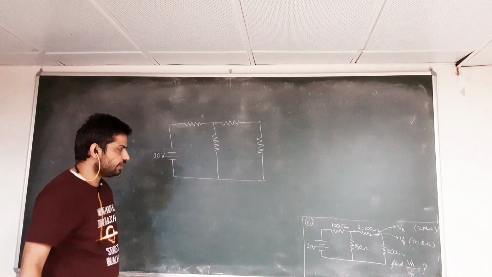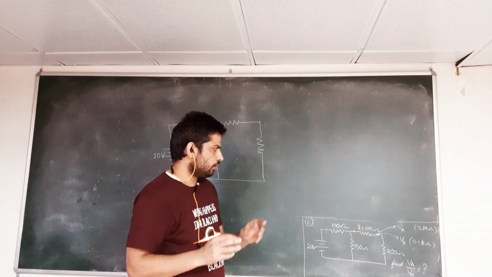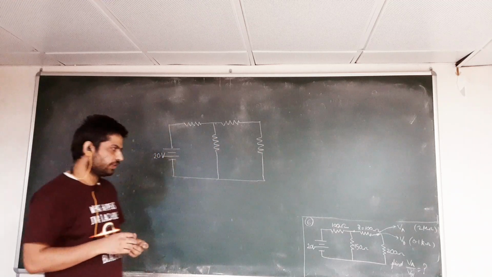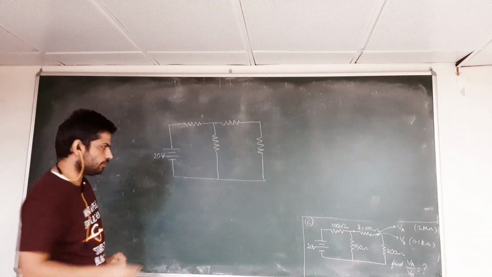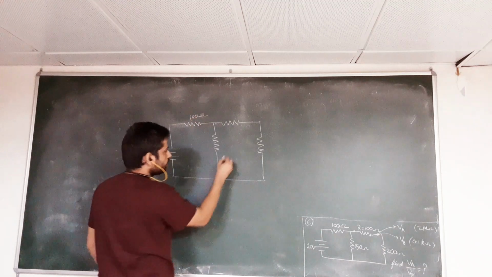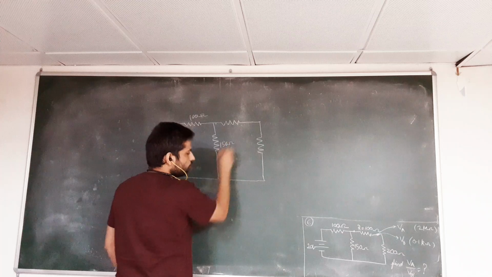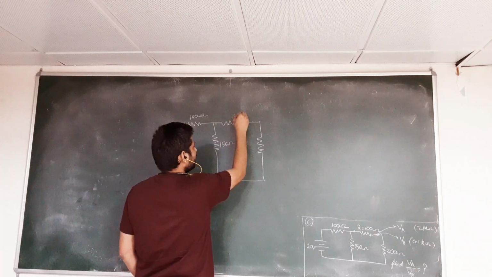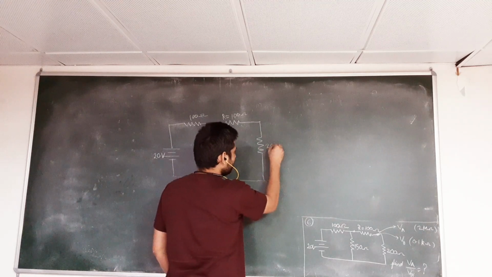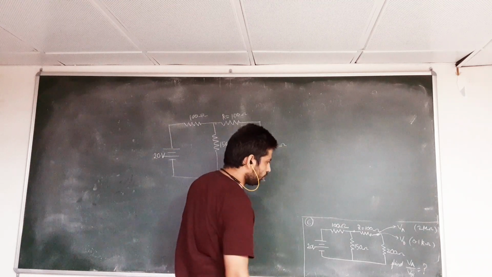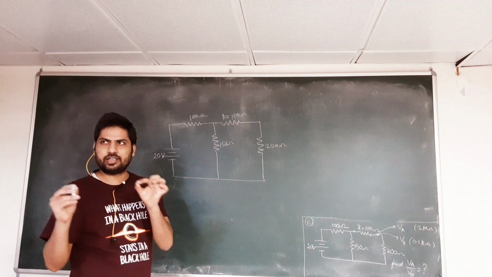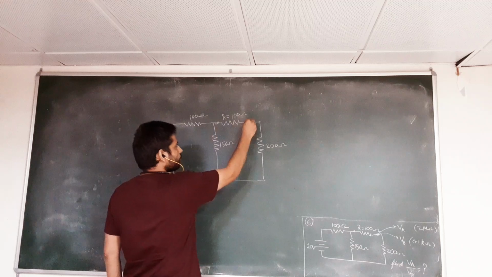This question will clarify most of your concepts, like how to connect a voltmeter, how to take a Thevenin equivalent of a circuit, and many other doubts also. So let's discuss this. This is a 100 ohm resistance, this is a 150 ohm resistance, this is also a 100 ohm resistance, and this is given as R. Here you are having a 200 ohm resistance. Okay. Now the question is saying, we are connecting a voltmeter across this resistance.